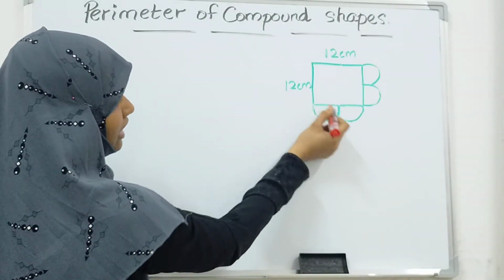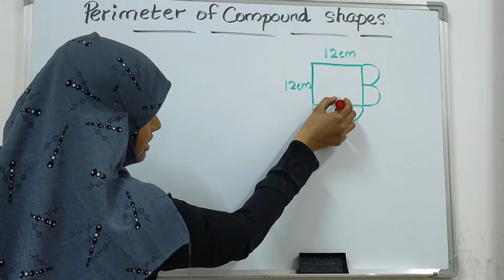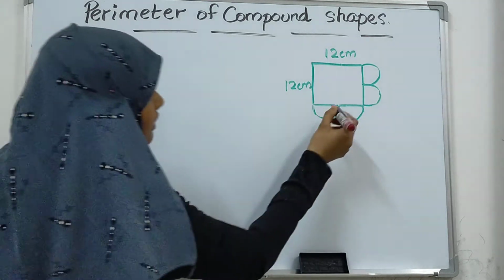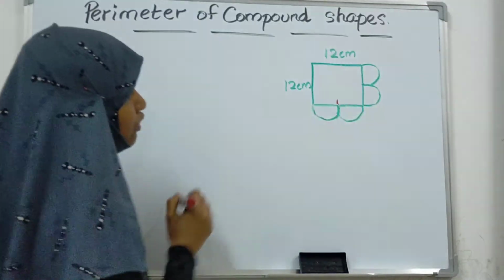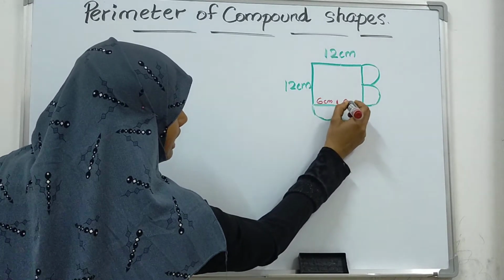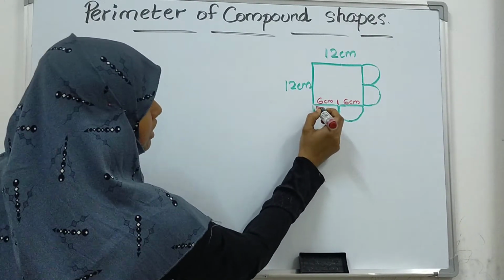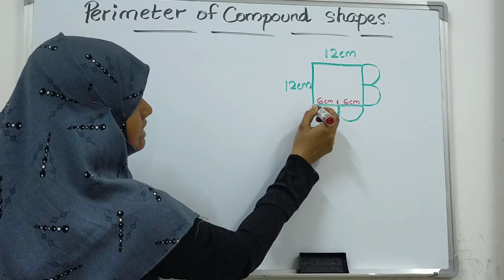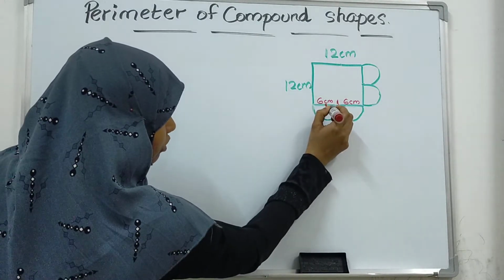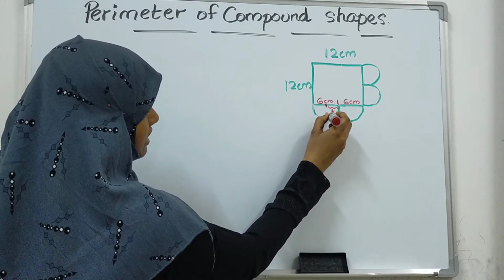And how do I get the radius of this? This is 12 centimeter. You can see that this is a half, which means I am just finding the half of 12 centimeter. So what is half of 12 centimeter? 6. So you can write here this will be 6 centimeter and the other will also be 6 centimeter. So this is not the radius. You are considering this as a semicircle, so you are finding the middle of this. So what will be the radius? Here the radius will be 3 centimeter.